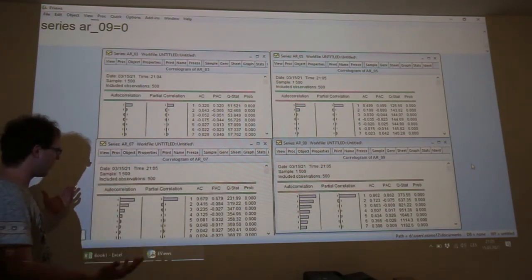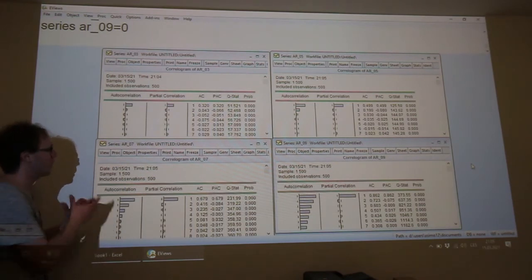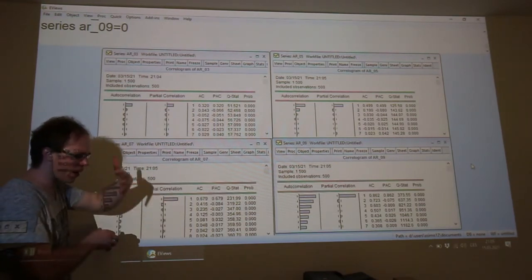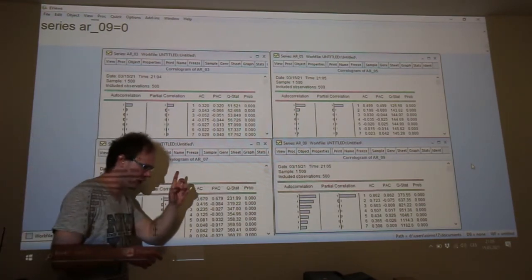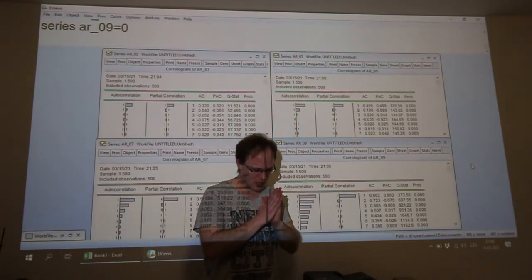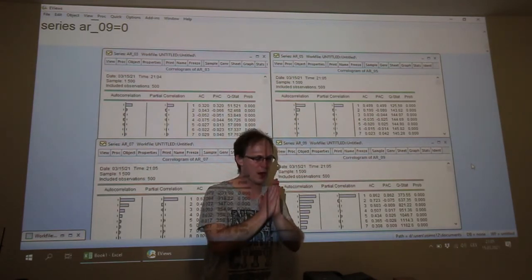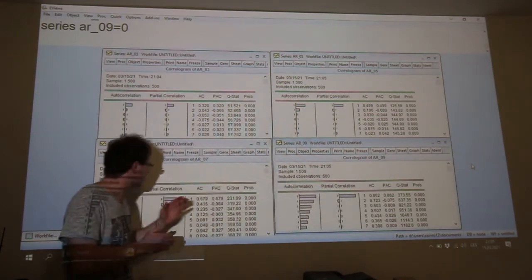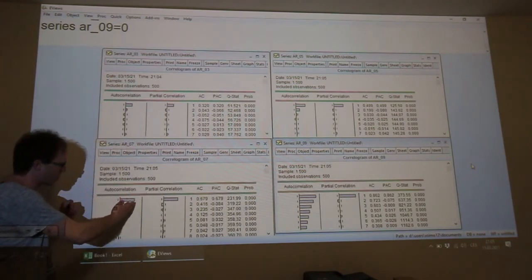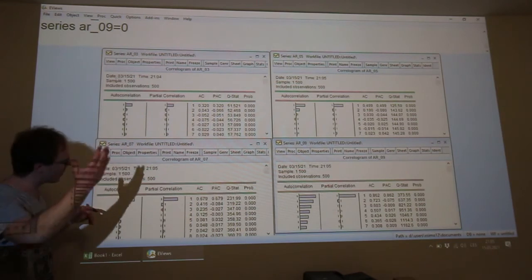The typical image, yes, of the development of the autocorrelation function and the partial autocorrelation function. In the case of an autoregressive process, the coefficients of the autocorrelation function are exponentially decreasing in absolute values.